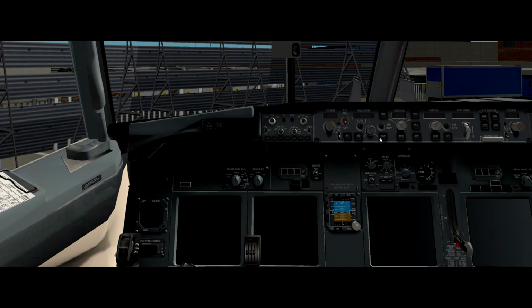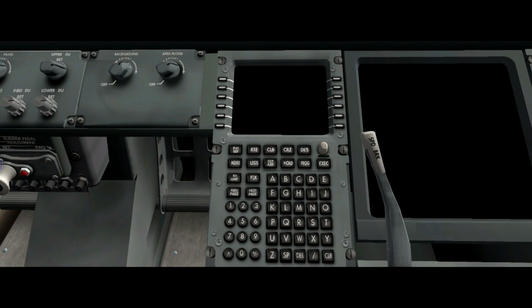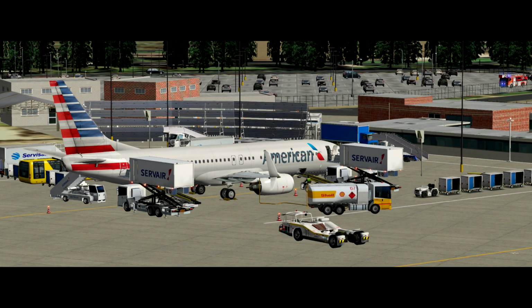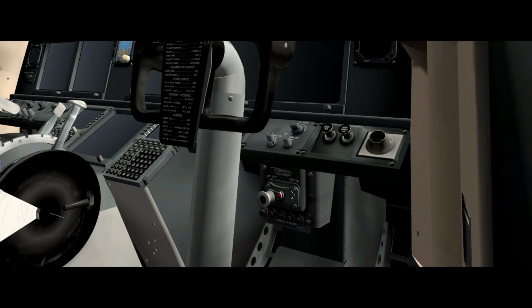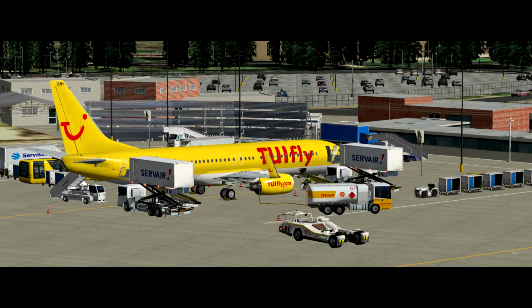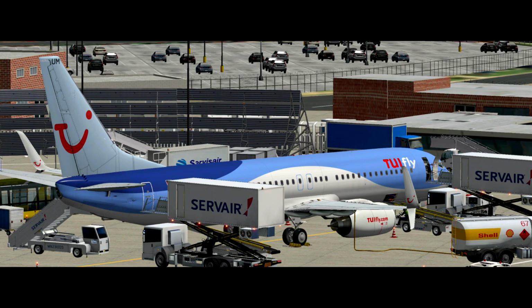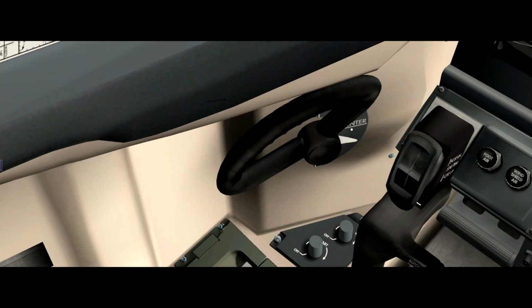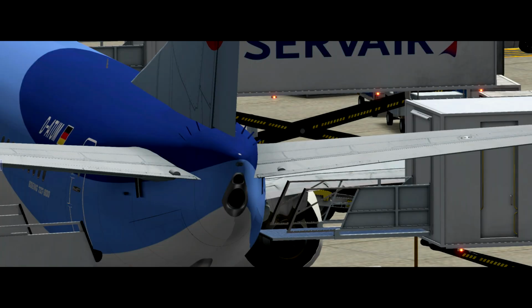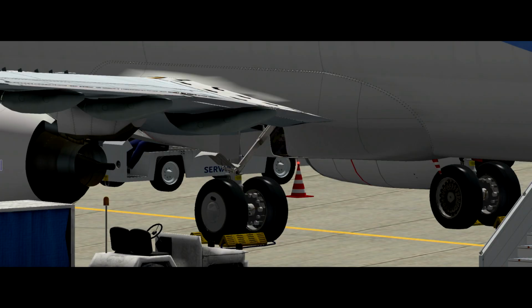Moving along then, you can see this montage of pictures from the 737 from EADT. Absolutely beautiful aircraft, and no matter which angle you take a picture from, it's going to just look absolutely terrific. The cockpit is very well drawn. As we well know, it is the VC that Pierre and Benedict have been working on for around about 2.5 years now. And well, it's finished, it's released, we have it, and you can get it from